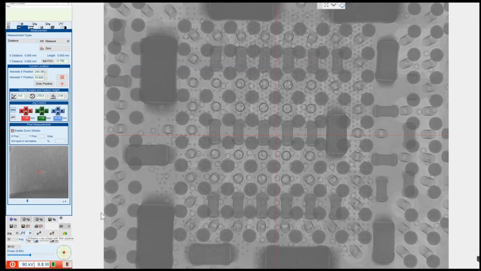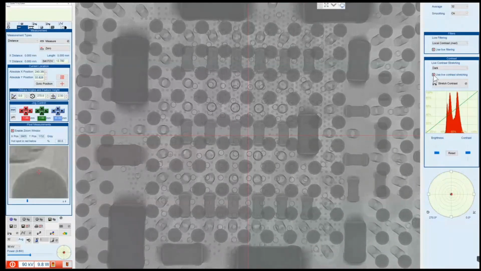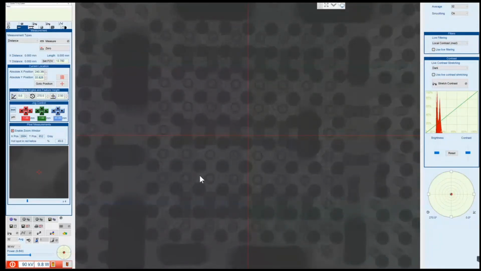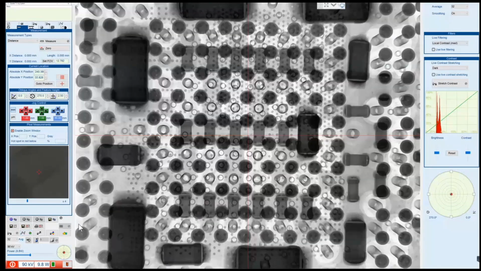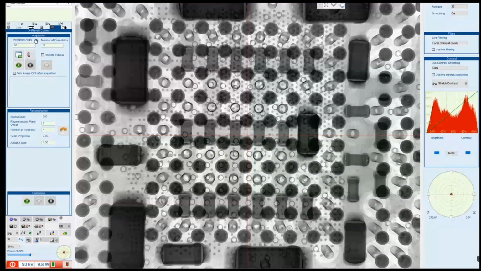I'm going to bring back my right hand panel, turn off the live enhancements, and turn on my deep contrast filter again. Return to the X-plane tab, select 20 degrees, and we'll do a fairly quick scan again of just 18 projections. This time what I'm going to do is adjust the Z step to